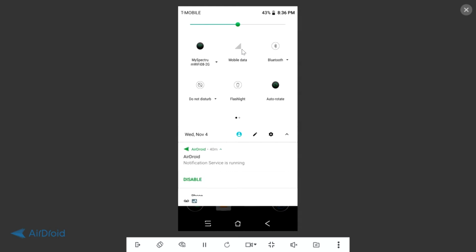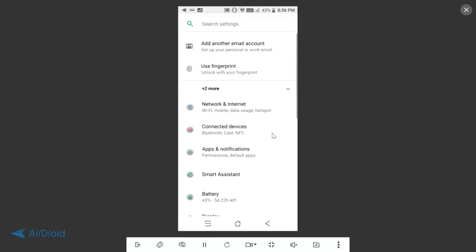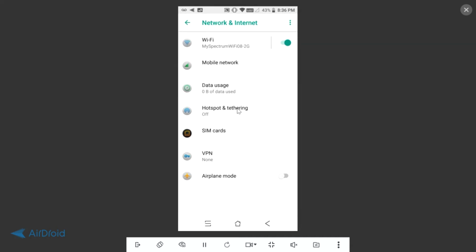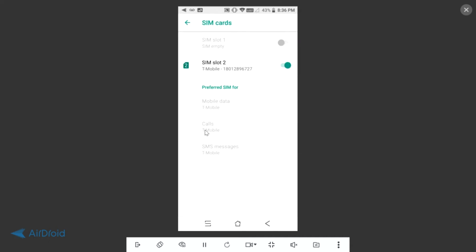Just a little tip. So if we want to get into more settings now, we click on this little wheel here. See that? And let's see, what do we want to do first? Let's click on network and internet. And if you scroll down right here to SIM cards, the only time you'd need to know about this section here is if you are installing your SIM card,